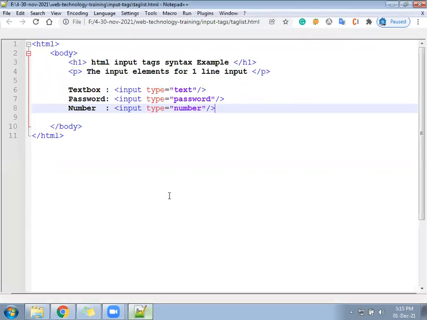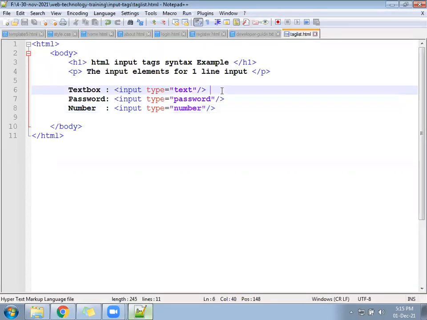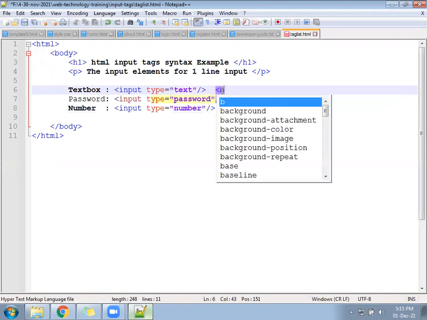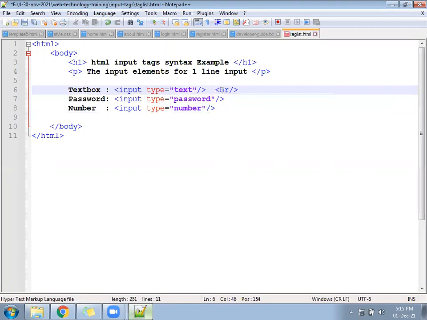So in case you want to bring it to the next line, what will we follow? We have a tag called BR. Now see, BR is not a dependent element. BR is also an independent element. One BR, one more BR, and keep one more BR here. Follow the BR everywhere.